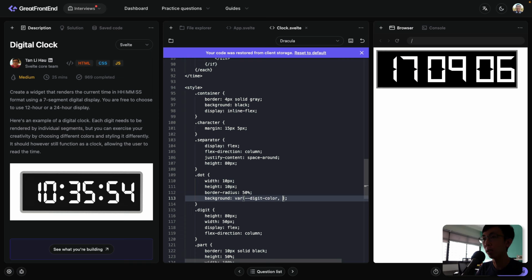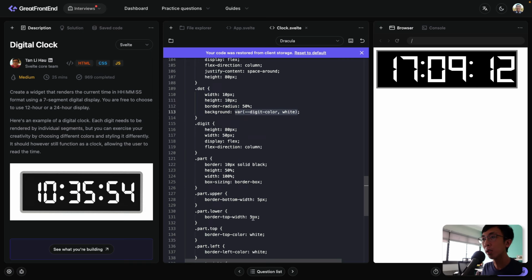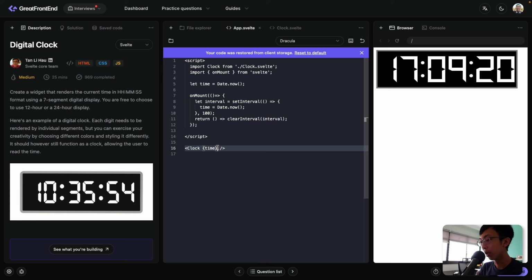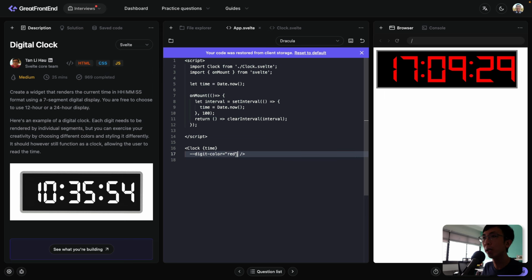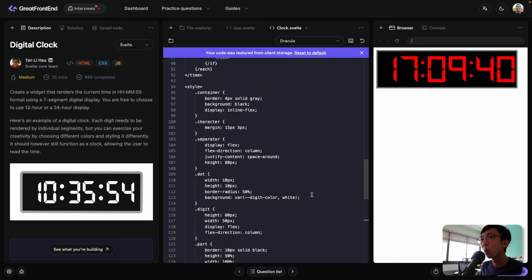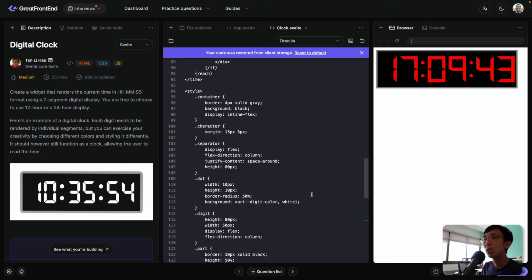digit color as a CSS variable that defaults to white, like this one. So you can use it over here, and then you can come over here and customize it. Say digit color, if you want it to be red, then you can change it by using CSS custom variables on the component itself, right? So then you can change all the colors. This is how you would be exposing and allowing people to change the custom variables out there